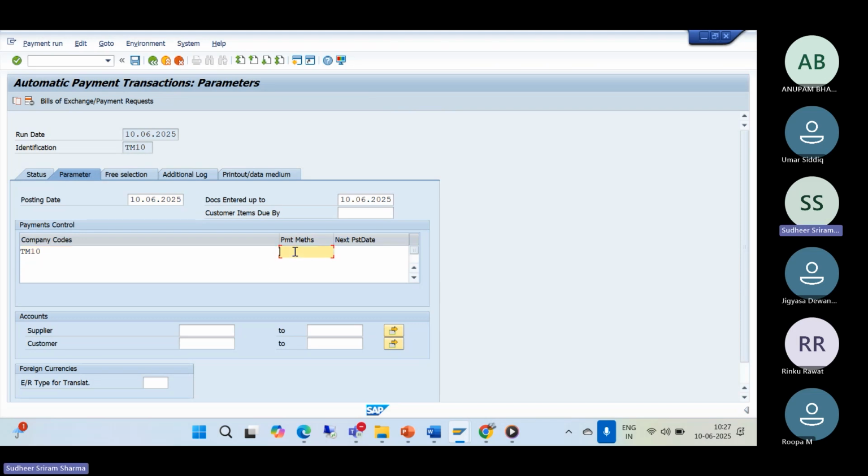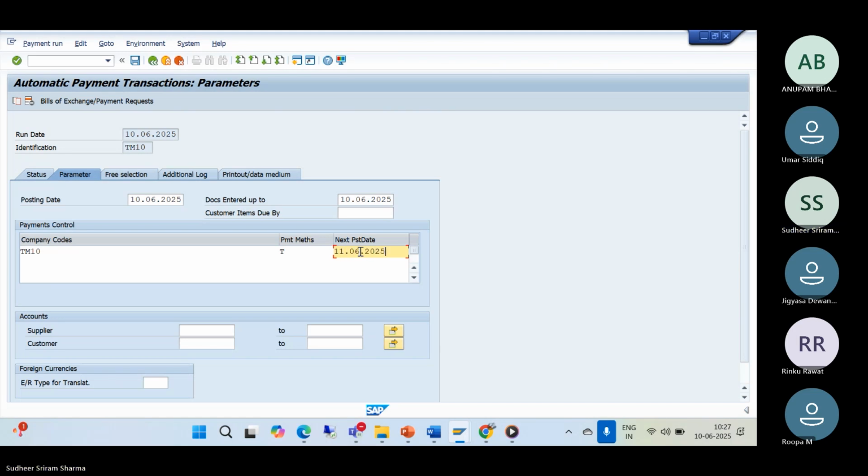Okay. So payment method is nothing but T. T is nothing but a bank transfer. We are paying through our bank transfer to their bank. So next posting date, when you are going to run next, tomorrow we can run. Up to 10th we have done today. Tomorrow, if you go and run, mention up to tomorrow, what are the invoices pending? Those invoices are taken into consideration. The system will show all the invoices. So tomorrow date is